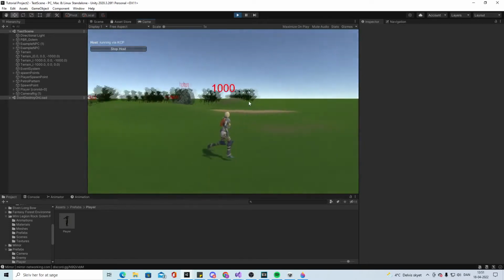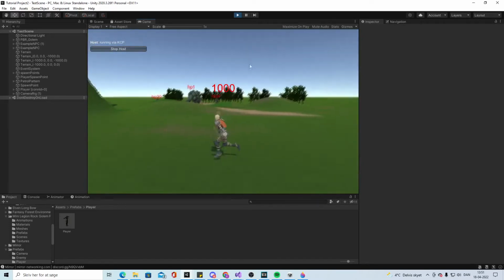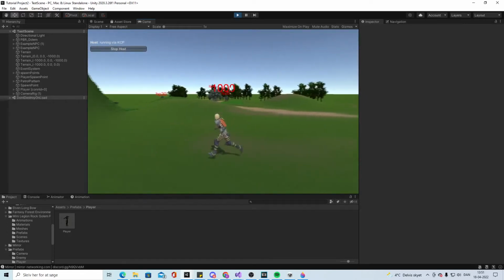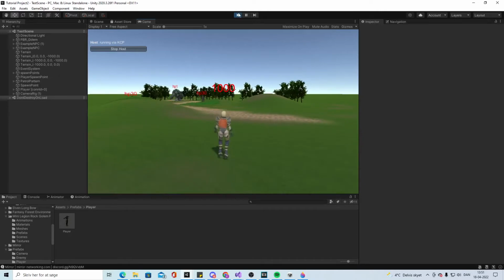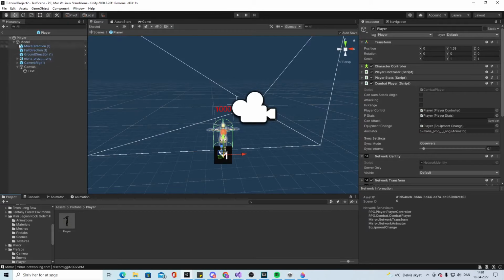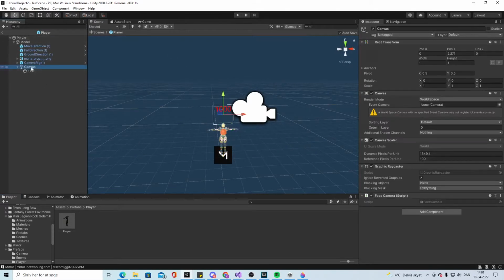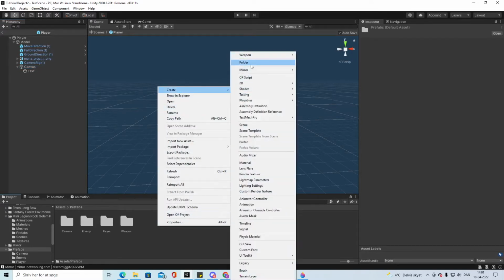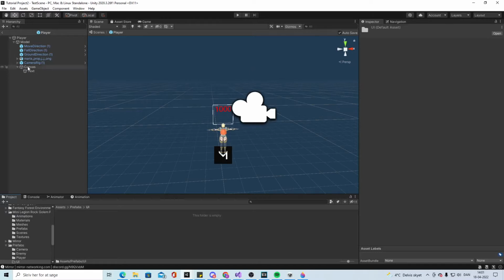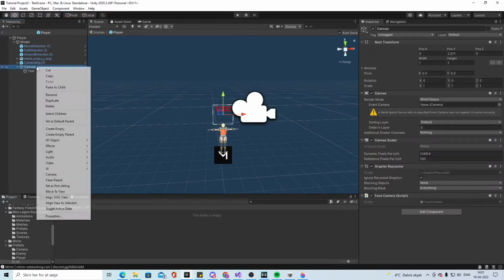And now we're gonna change a little bit more to it and animate it. So this will be how it will look when we get damage. Then we take the prefab and we go into the canvas text, and we're gonna add a new folder here and call it UI. Open it, put in the canvas text. Or actually, before we do that, let's rename it to